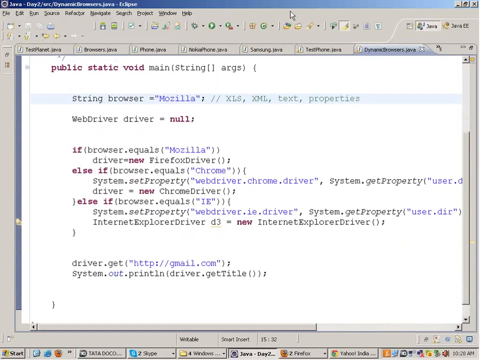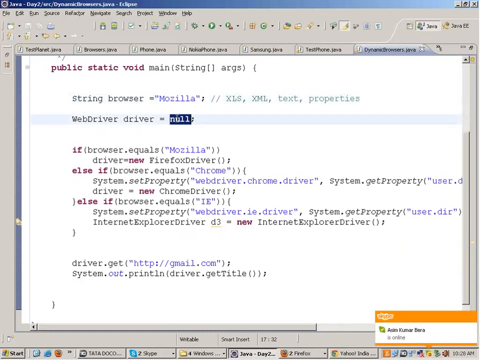Hello Ashish. Yeah, actually I just wanted to ask you something. Can I use Safari and Opera also? And can you just demonstrate how we can use Safari and Opera? Apple has one. Opera is not there. There is nothing like Opera driver right now. The browsers which right now we have are